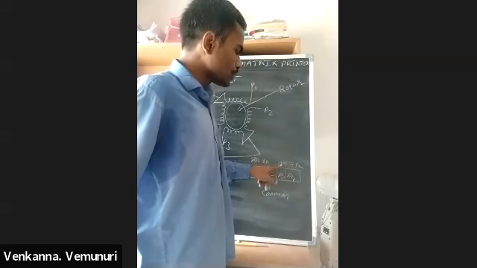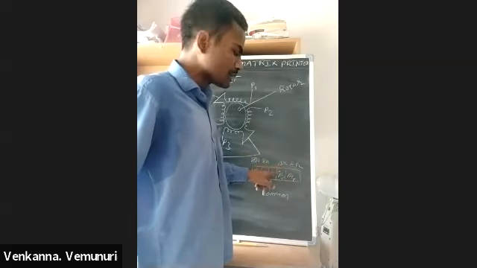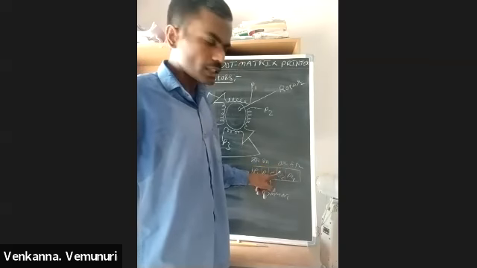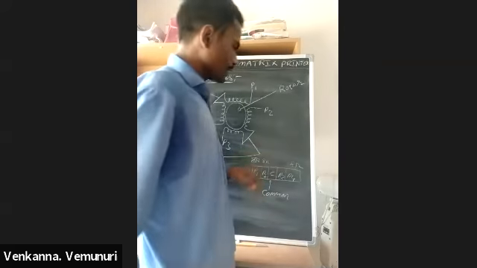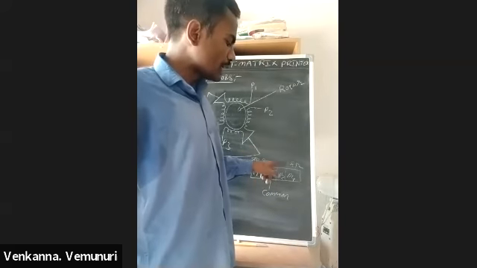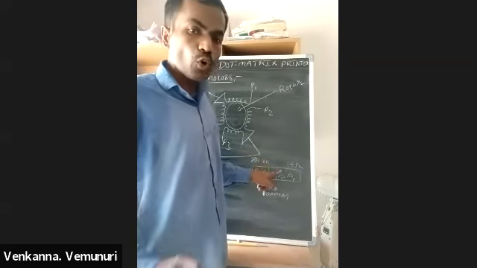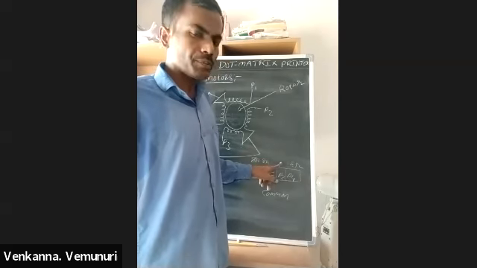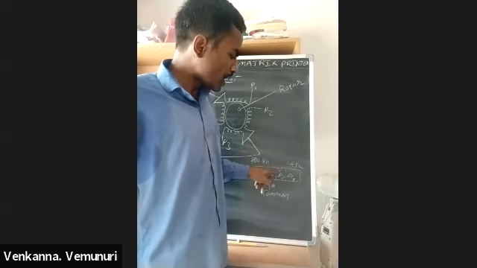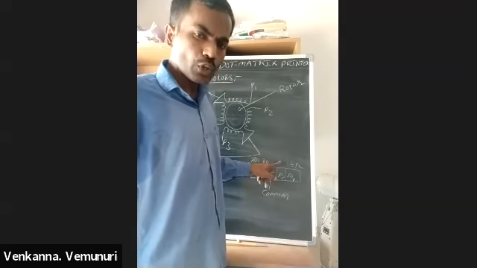This one is showing 0 ohms. If it is showing 0 ohms, the winding is short circuit. Or sometimes it is not showing any resistance, infinity. If it is not showing any resistance, the winding is open. If the winding is open, it shows infinity. If the winding is short circuit, it shows 0 ohms.